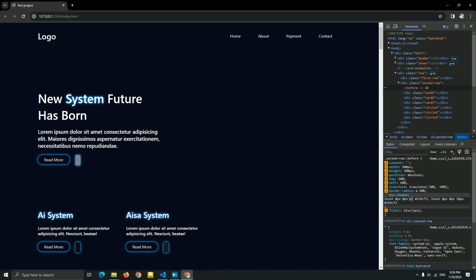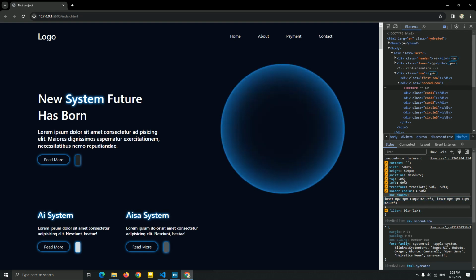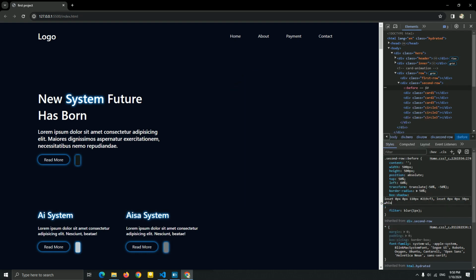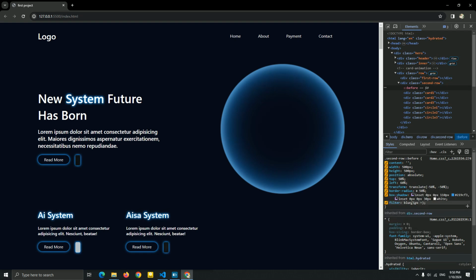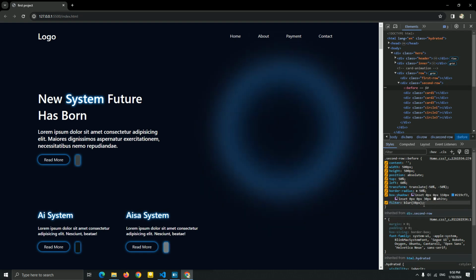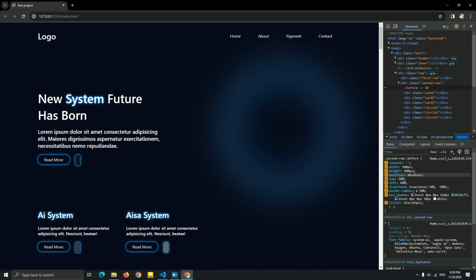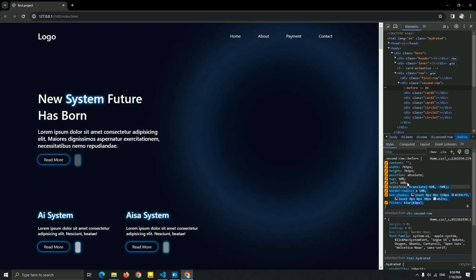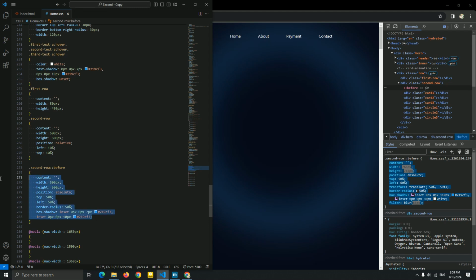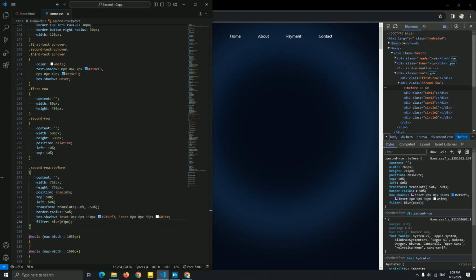I'm sorry. Okay, and this 30 pixel, let it be a white color instead of that. Okay, yeah, I think this is better. Now let me just increase this blur. Okay, I think this is good, but let me just increase this width. So this is our before of the background. As you can see it, just copy this and paste it here, guys. Very simple background for this.